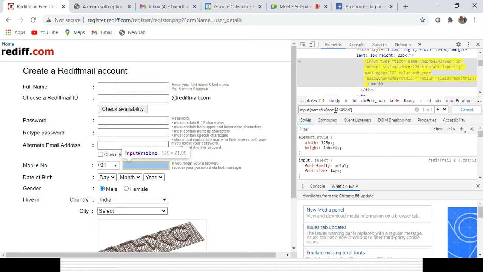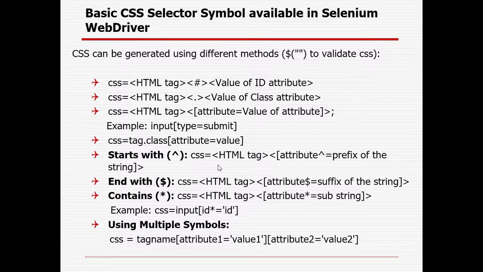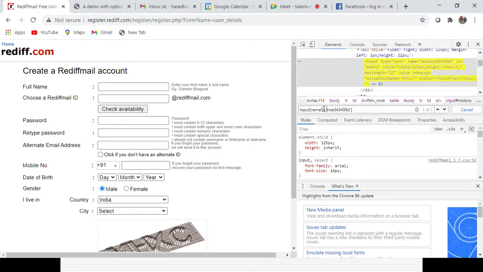You can see only one element is found. Similarly, if you want to use contains, you have to use the asterisk mark. So I will change it to the asterisk mark, and here I will remove the last part also. You can see the first part, MOB, is not there, and 8D is also not there. With the middle portion I can create it.